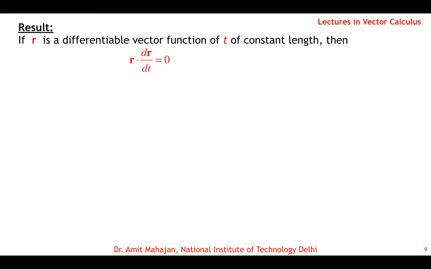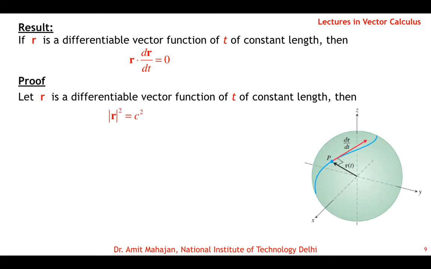So one result: if r is a differentiable vector function of t of constant length, then the scalar product of r with its derivative is exactly 0. We can prove this easily. Let r be a differentiable vector function of t of constant length. That means the length of r is constant, so if we square it, we can write that the length squared is c square, and